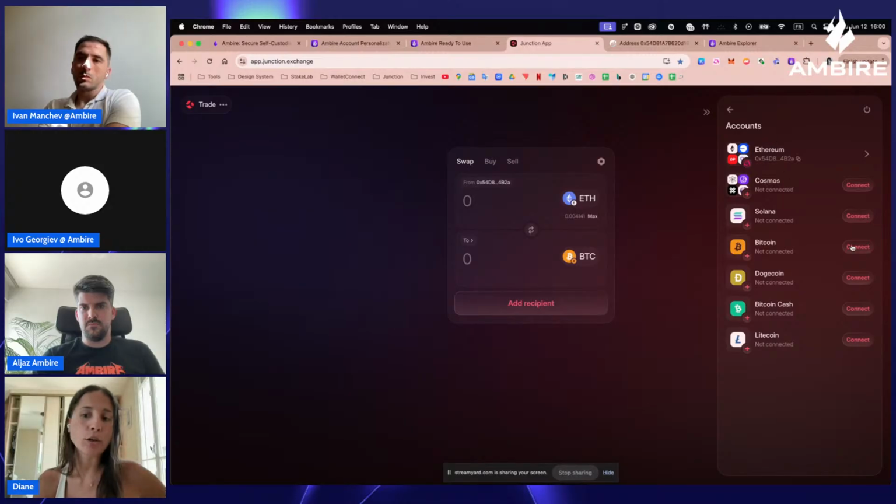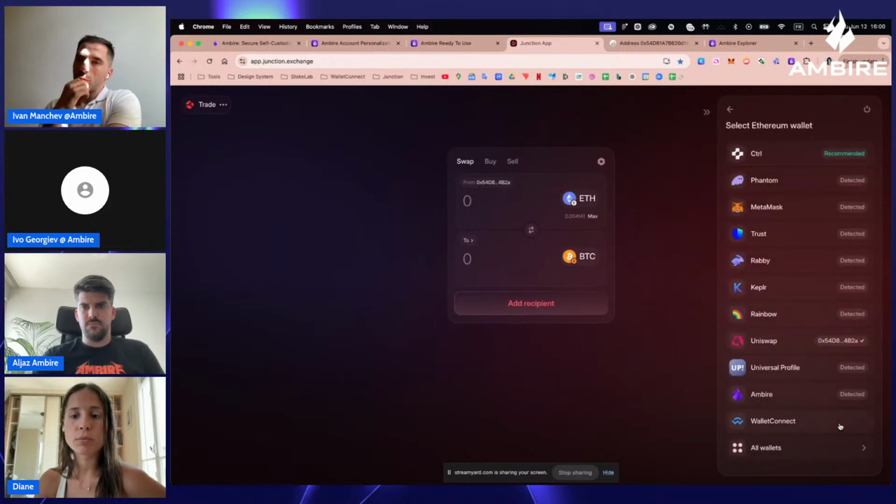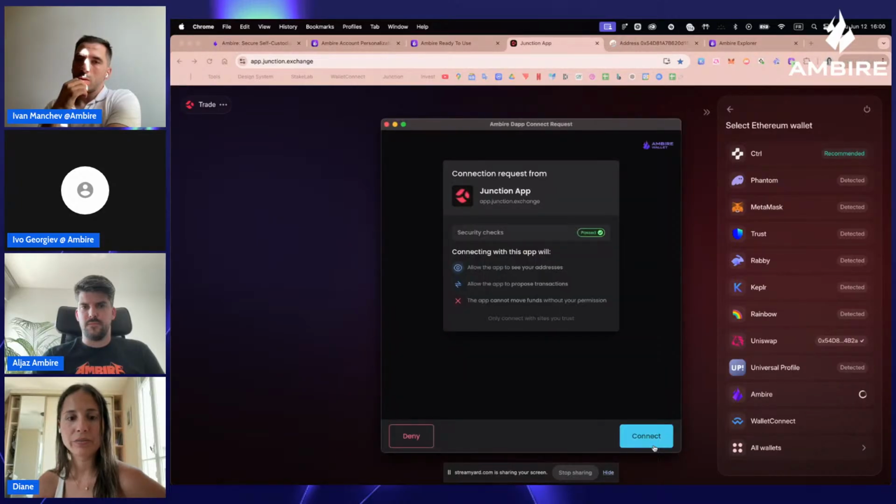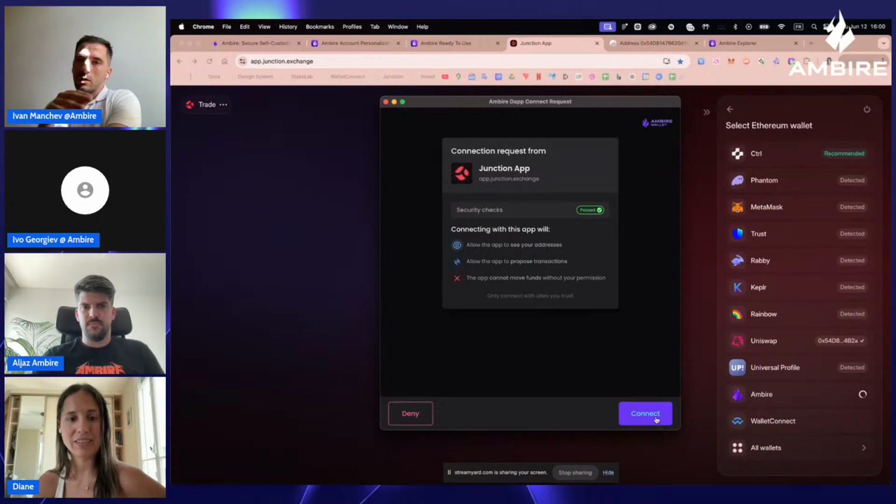So I can connect a Bitcoin, connect a Solana wallet, connect anything. Here on Ethereum, I have my Uniswap wallet connected, but it's the same key as Embuyer. So I can just switch my connection. It detects my Embuyer wallet here. And do you see this? I have a connection request.